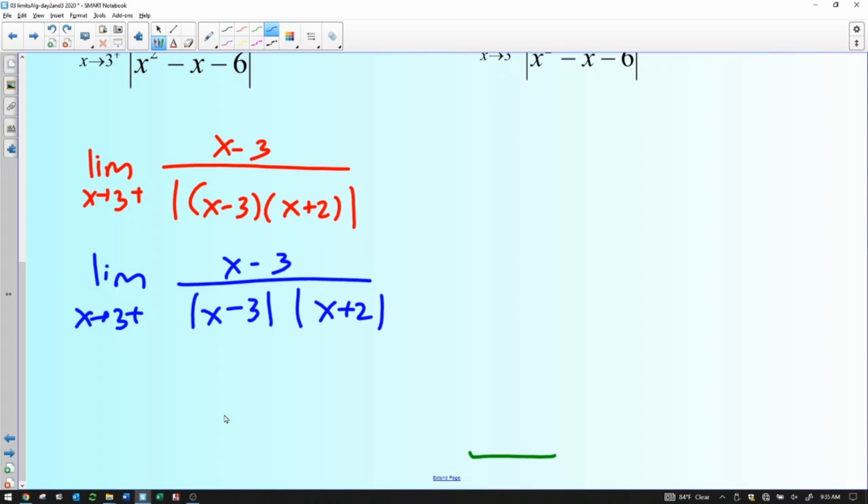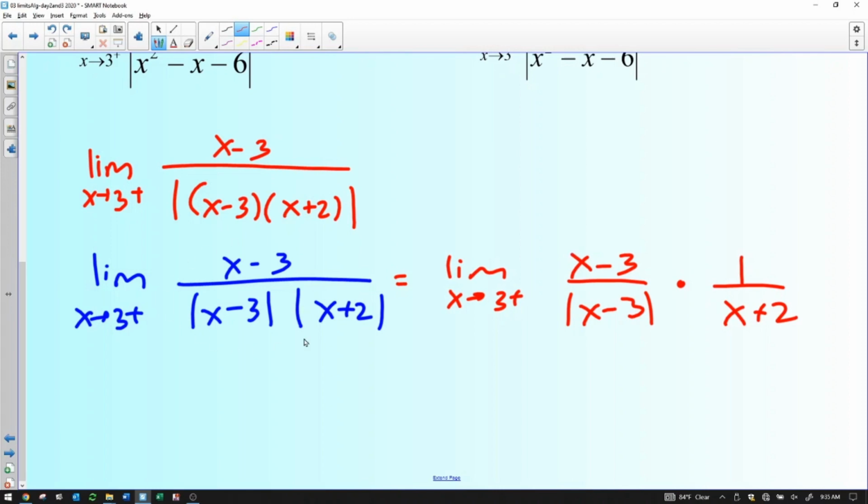Now, it's not easy with absolute values. You can't just do any rule you want. But for 2 things being multiplied together inside an absolute value like this, you can split it up and put them into separate absolute value signs. Still, though, even though you want to cancel here, you cannot because of this absolute value. But what you can do is use limit properties that we learned yesterday. We learned that if you can split this into 2 fractions,